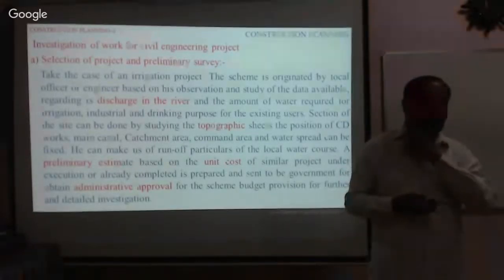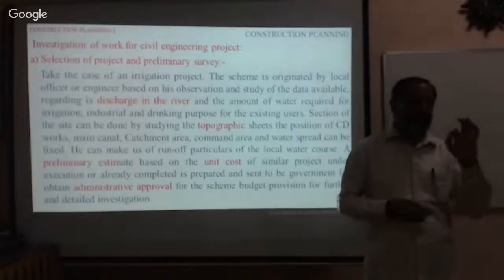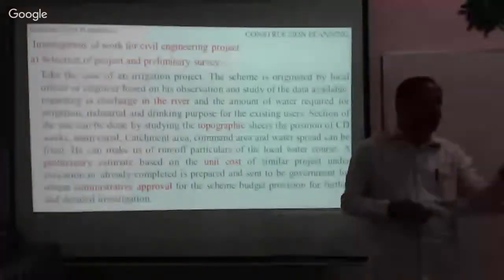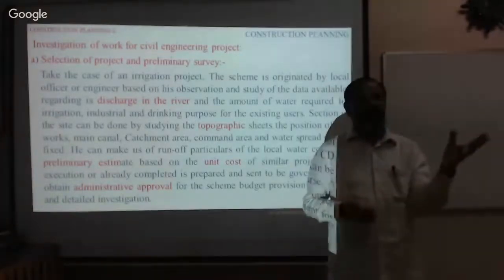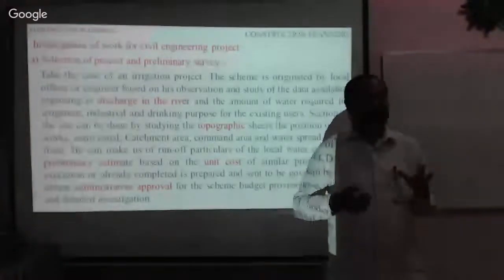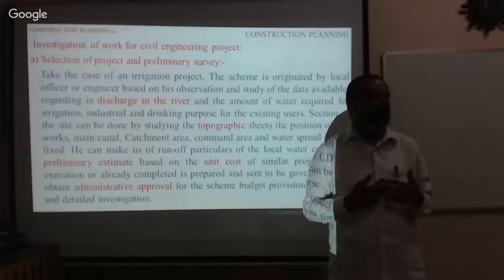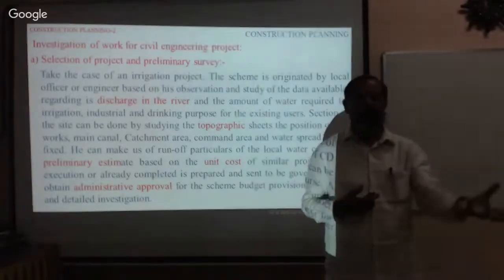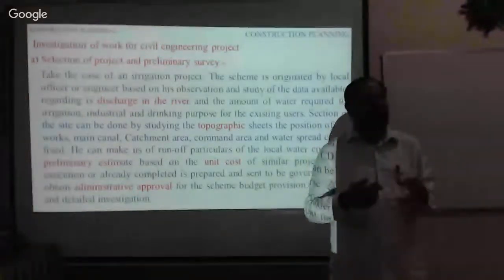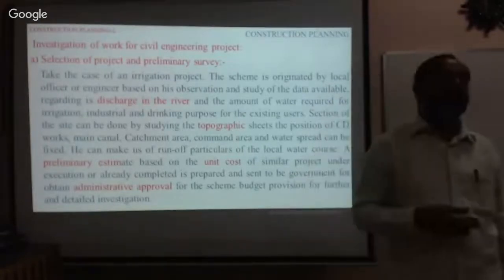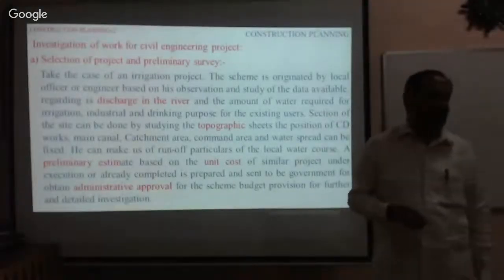Whatever the project, whatever its size, the first job is to go to the site and investigate thoroughly. For a small house on only 200 or 300 square meters of land, there is no issue. You can design it even without seeing it, but it is not right on our part to design without seeing the site or collecting data from the location. Anyhow, we can compromise there. But for projects like irrigation, road, or railway projects, we need to investigate.